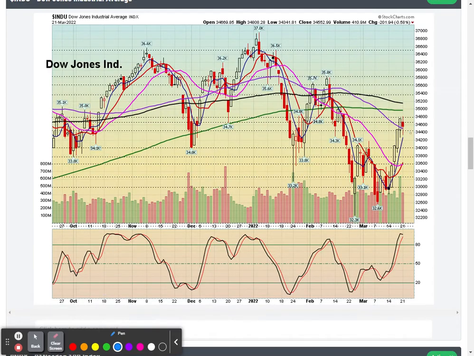For the Dow Jones Industrial Average, same as the other indices, it decided to just take a break for today. It's still above the previous day's low. Now we have the 5-day moving average trading. This one was able to close above the 50-day moving average, but there is strong resistance up here. You've got the 200-day and the 100-day moving average. I think a pause or a small retracement is the most likely scenario, but this one looks very strong also.